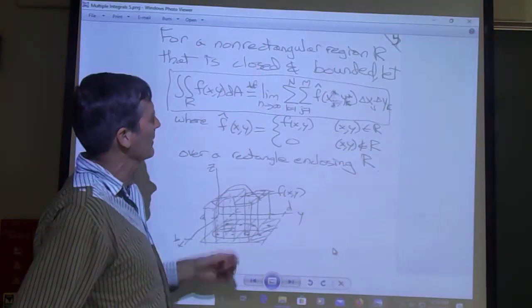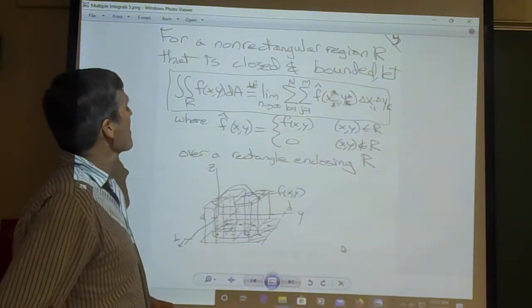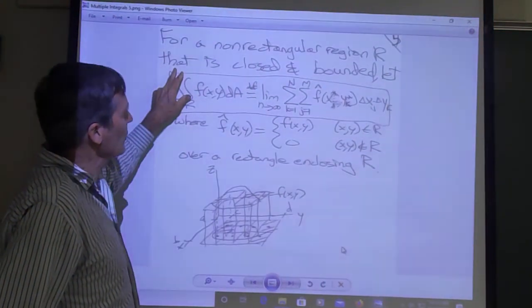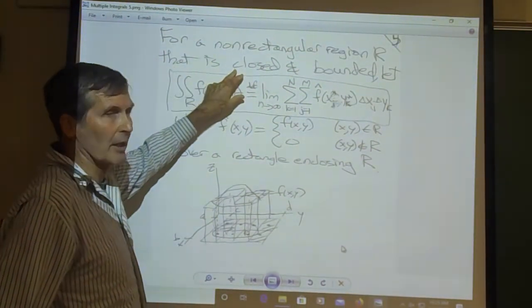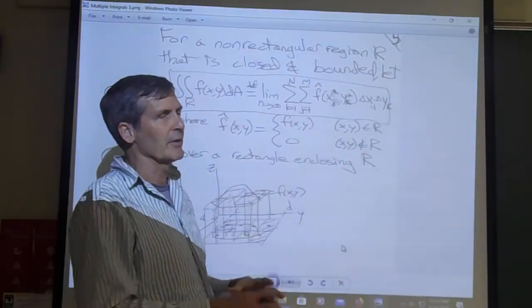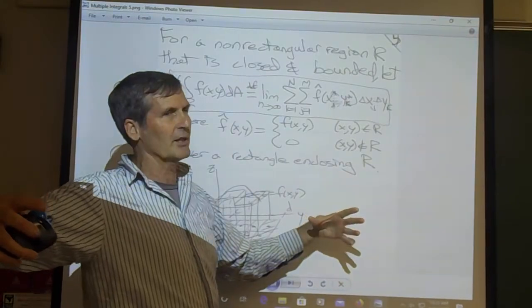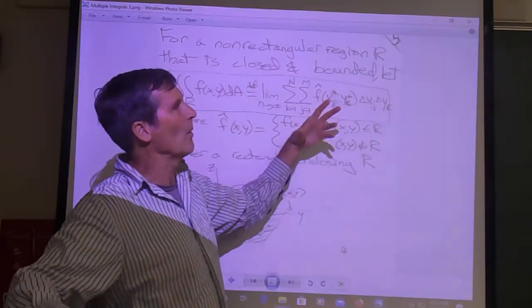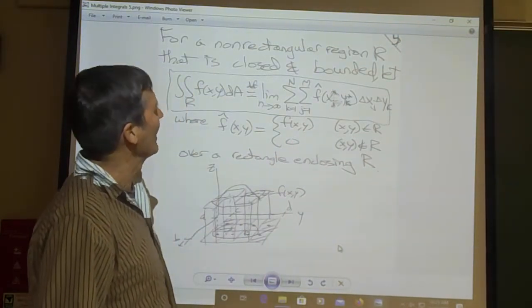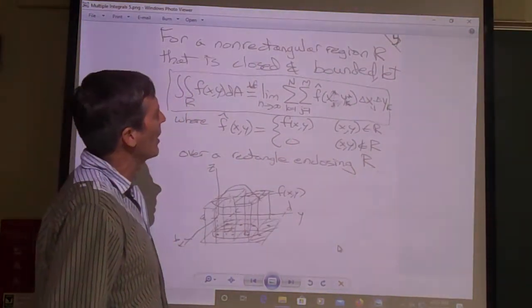We want to do non-rectangular regions, for instance. Here's non-rectangular regions. If we have a closed bounded region, closed means it includes its boundary. Bounded means it doesn't go off to infinity. There's some circle, no matter how big it has to be, that encloses the whole thing. It doesn't go out to infinity, then it's bounded. So if you have a plane region R that's not a rectangle,